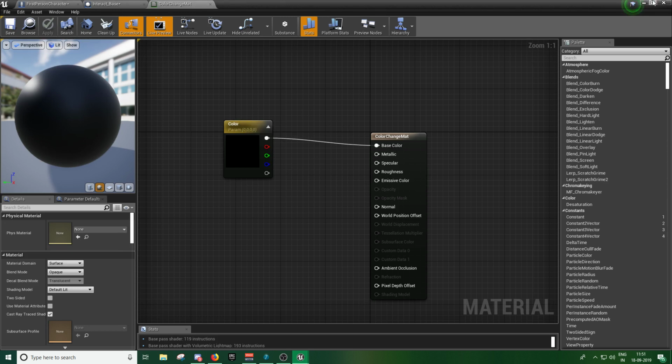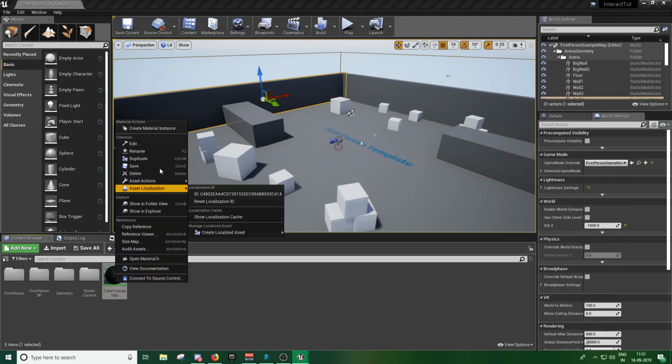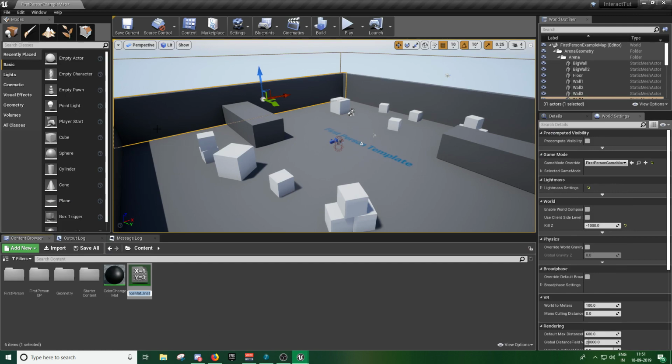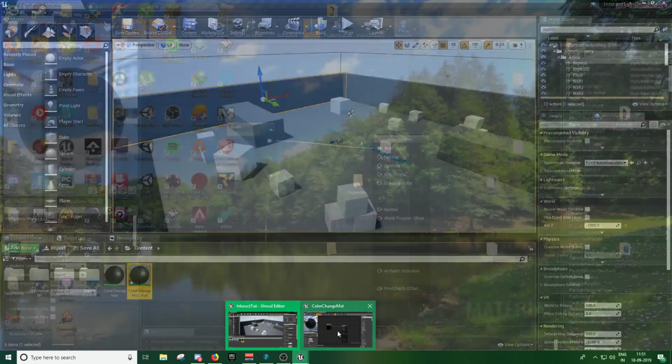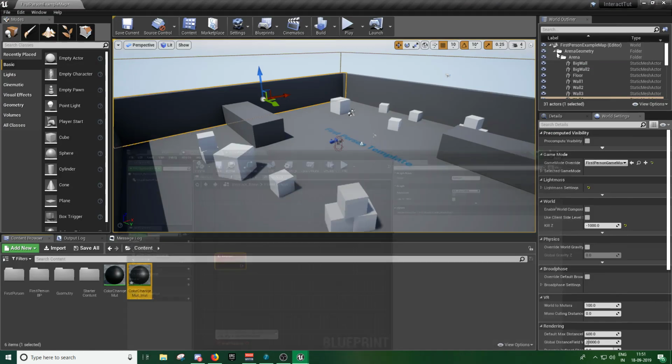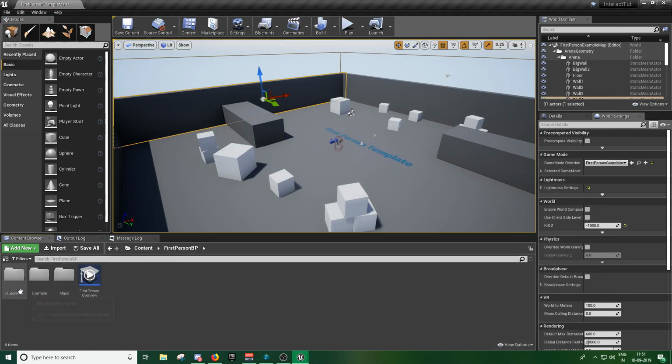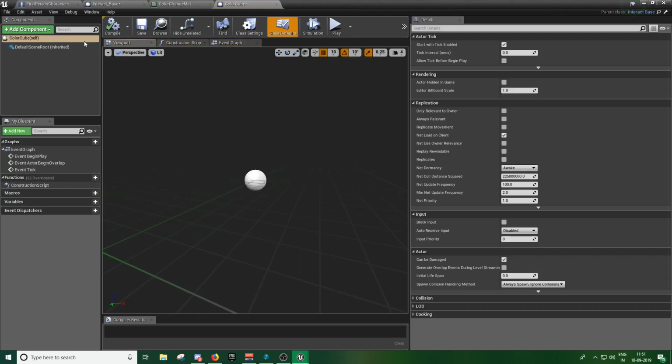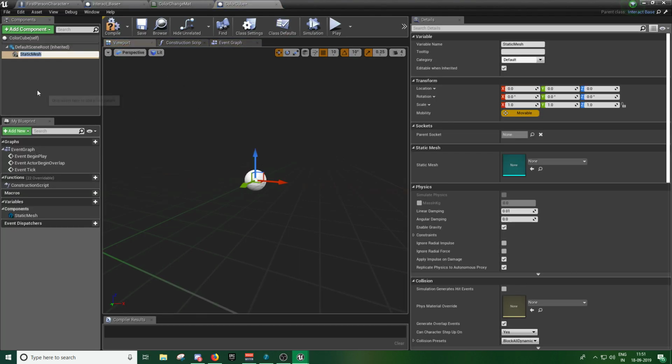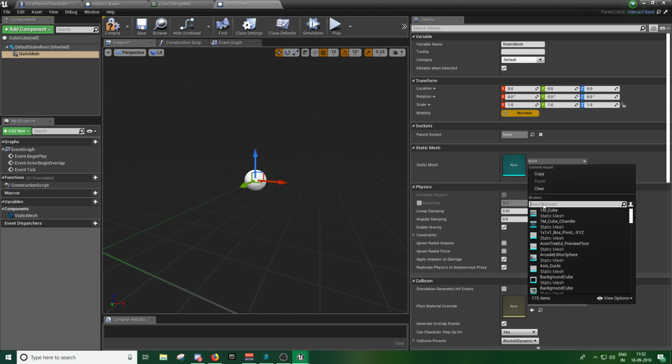And now we have a color. So let's right click, create a material instance. Just enter, just keep the default name. And now let's go back to our interact base and go back to our first person blueprints, and where we made the color cube, open that up, add a static mesh component to it, and set the static mesh to a cube,